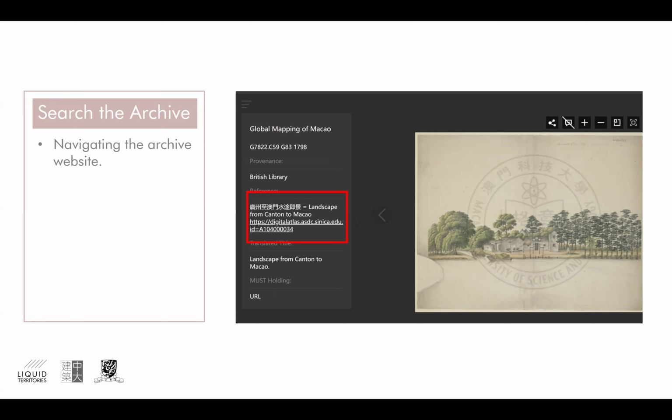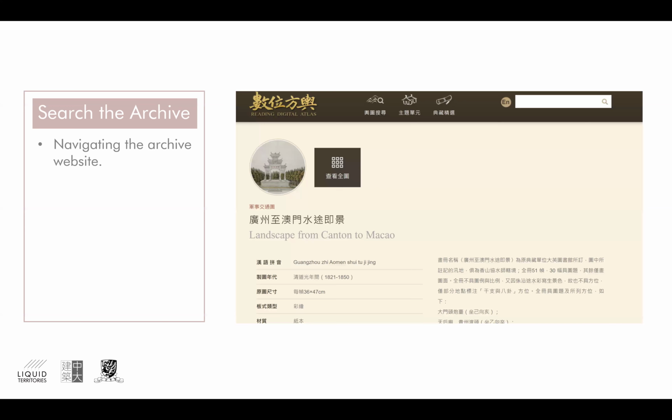The platform actually shows where this set of images comes from, which is the Academia Sinica. This is a type of cross-referencing that makes it easy to discover related archives, to explore neighboring materials, expanding your research networks across institutions. So when I click on this, it guides me to this website called Reading Digital Atlas,